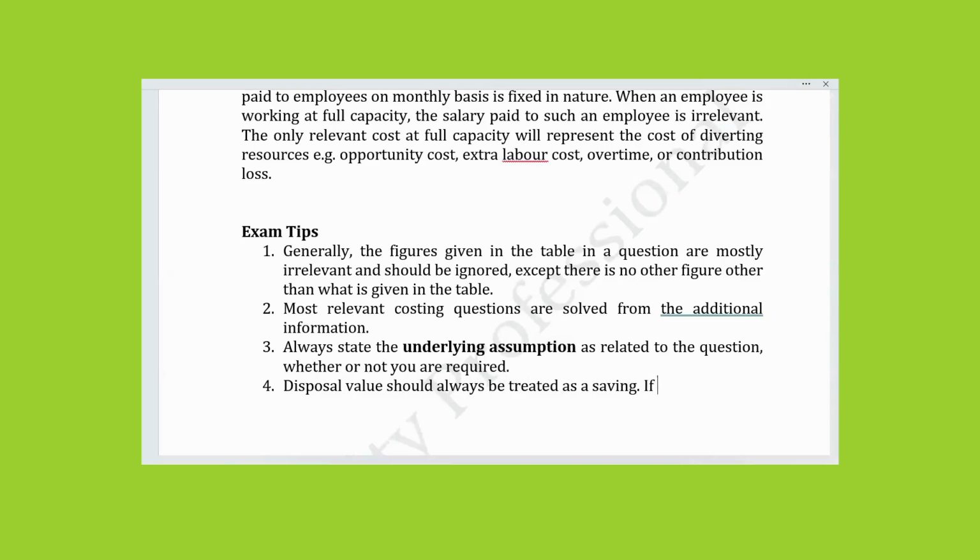If you are told material will be disposed of at a cost, you must interpret it